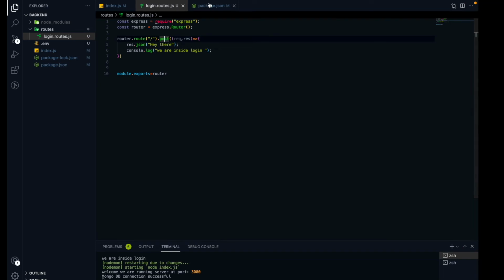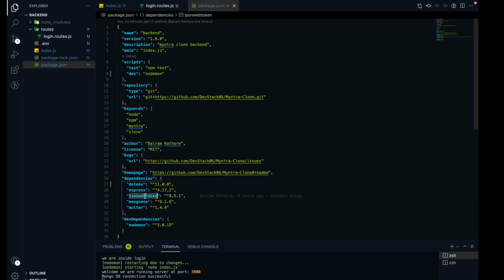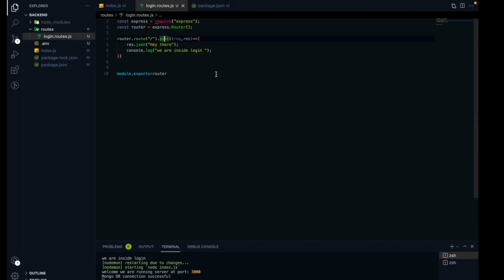Now we have to tackle the login thing, right? And for the login only, I have added this JSON web token dependency. As you saw in our Flutter app, we are sending the mobile number only. After sending the mobile number, ideally we have to generate some OTP as well, then do the OTP verification, and only after verifying the OTP, generate the JWT token.